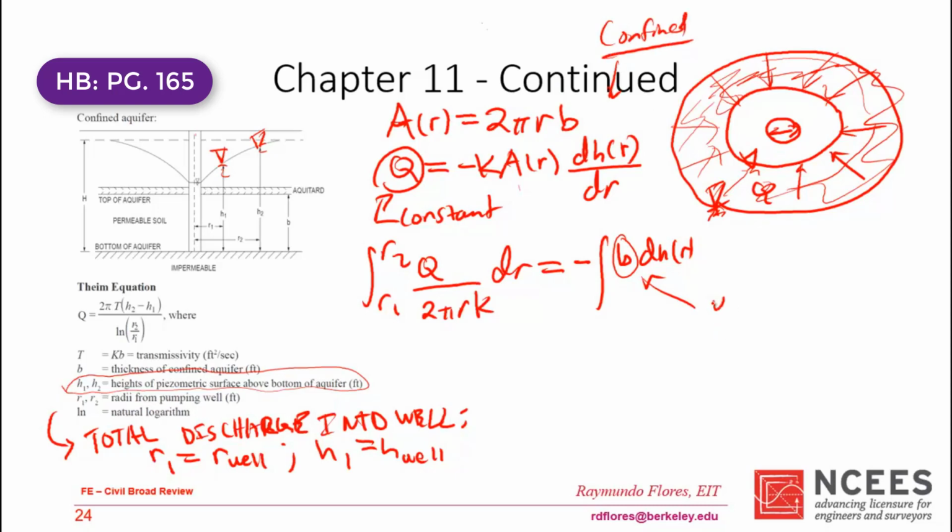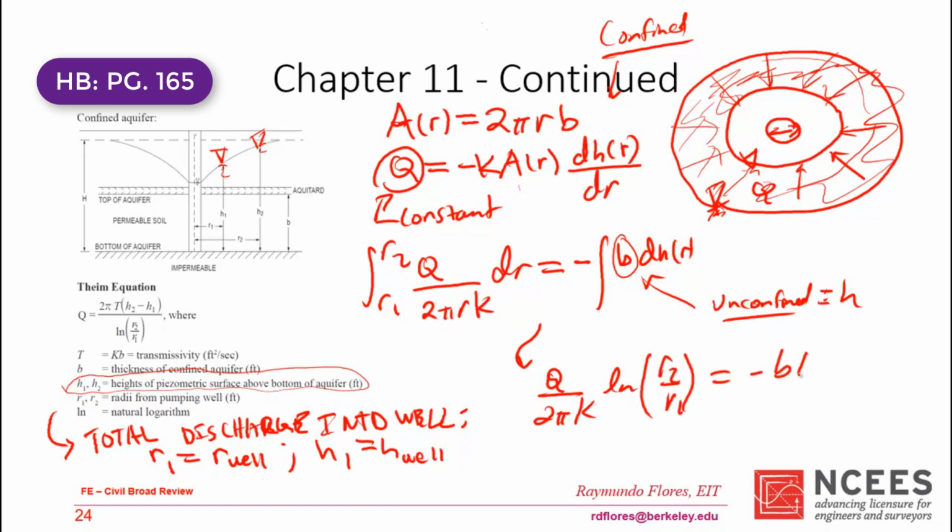In the unconfined case, this would be H. So because we have B here, it evaluates to just H. So what we're going to have here is Q over 2 pi R K. I'm sorry, K ln of R2 over R1 is equal to minus B times H2 minus H1. And by the way, I forgot to put my limits of integration here. So as a result, Q is going to be 2 pi K times